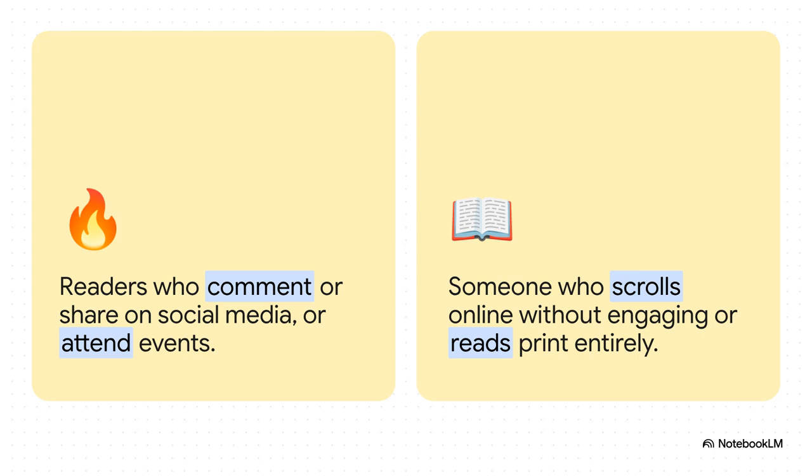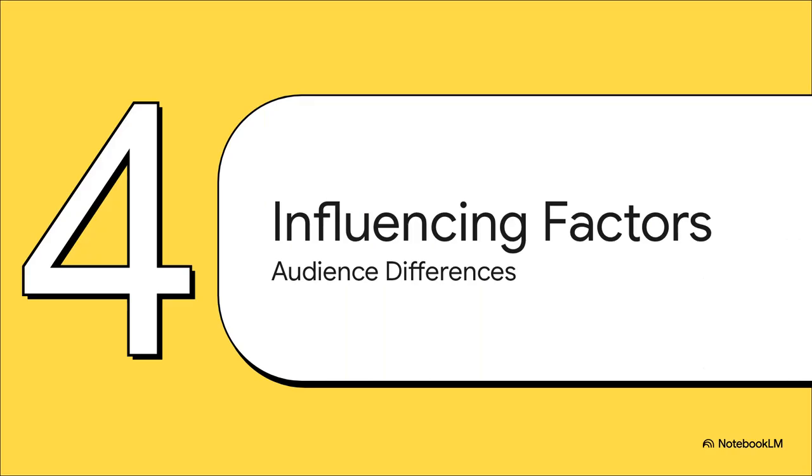Think of the highly energetic, visible engagement of active audiences. These are the people loudly commenting on social media, actively sharing pieces to spark debate, or even physically showing up to events like the book club or the news meeting. They are truly active participants. Now contrast that directly against the quiet, solitary consumption of passive audiences. This is someone who buys that Sunday print paper, sits down and reads it cover to cover, absorbing absolutely everything but never once commenting. Or maybe it's the digital reader who silently scrolls online, taking it all in without ever hitting the share button. Both are completely valid ways to read, but the actual behavior? Night and day.